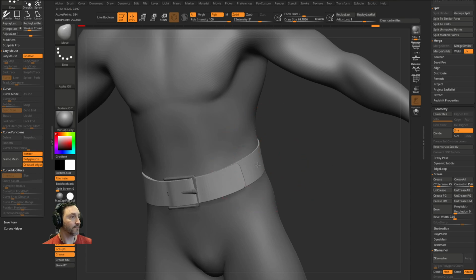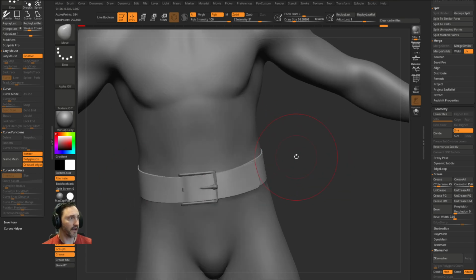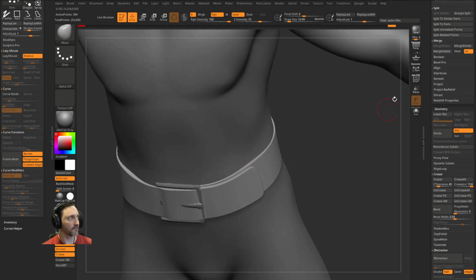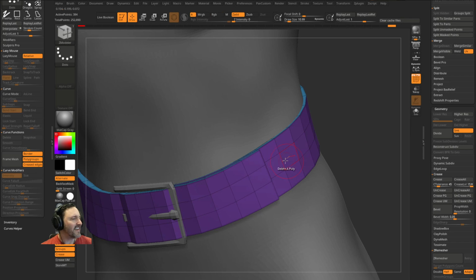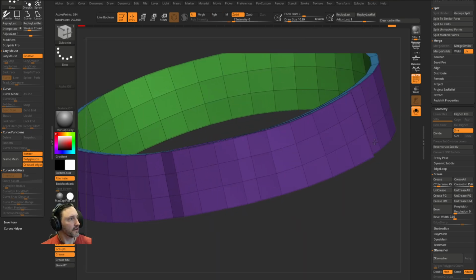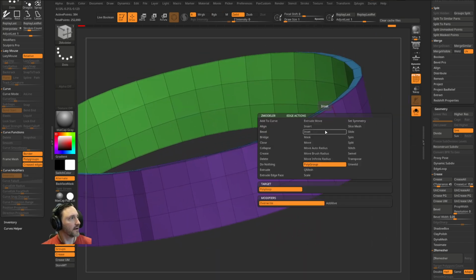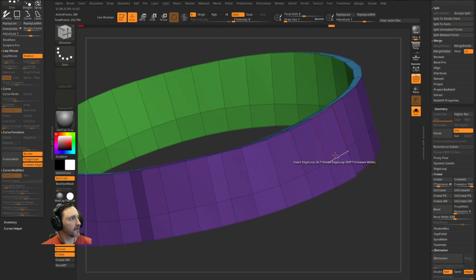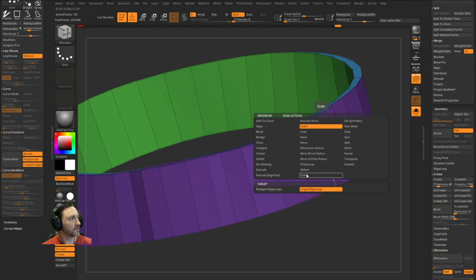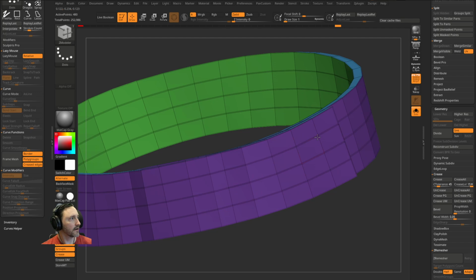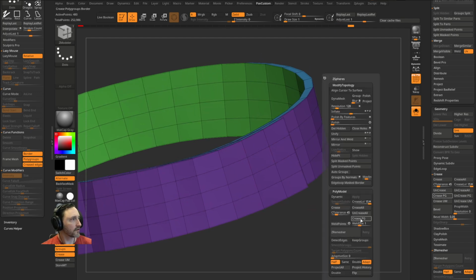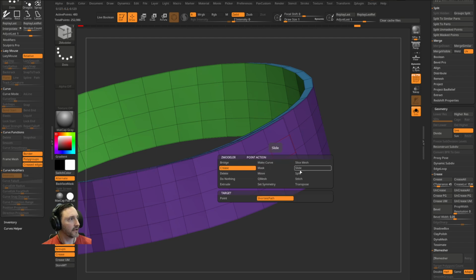Now you can see I didn't use curves at all. Now if I did want to use a curve, let's do Shift D. Another thing too while you're in here is, let's say I'm going to say insert single edge loop. I'm going to hold down Alt and get rid of these, and then say insert multiple edge loops, keep polygroup. I'm going to go through here and do that. I'll say uncrease all, crease PG, and now I can